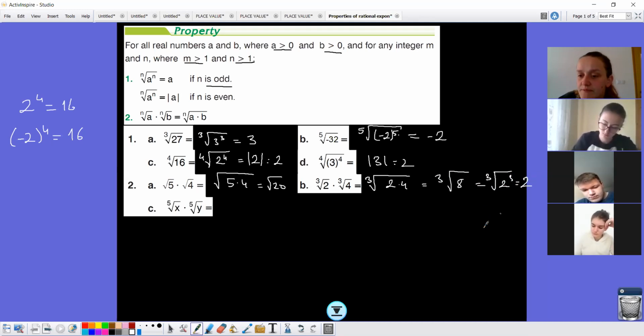So the result will be 2. You can simplify it further. Can you leave it as cube root of 8 or no? Yes, you can leave it as cube root of 8. But in some cases, if you need the exact result, you have to simplify, and it is 2. And the last one here will be fifth root of